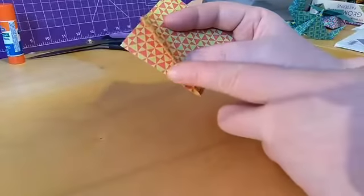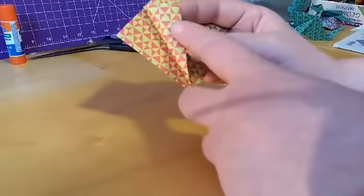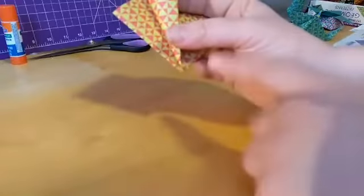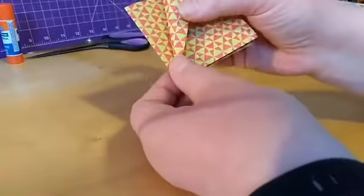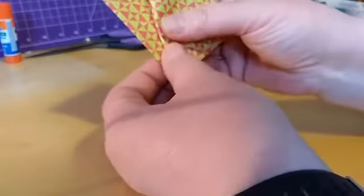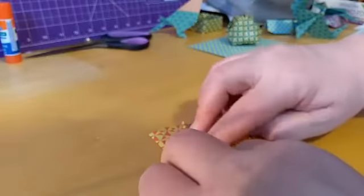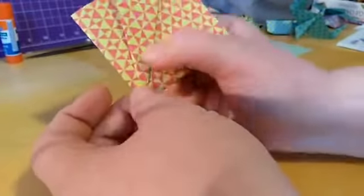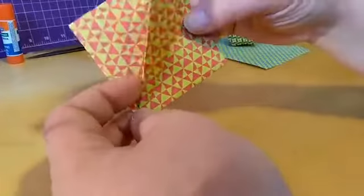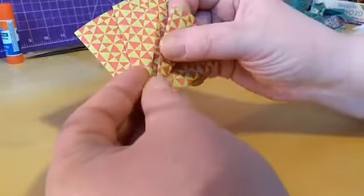is we actually want to fold one flap over so that it's the open end facing up, and we want the point to face to the closed end, but we're only going to fold it to the middle. So I'm just going to do the one, and then I'll show you. Easier said than done when you're doing it in the air. So we want to just fold. And today it's not cooperating, so let's do it that way. So as you can see, it's only folded into the middle. So our middle line this way,